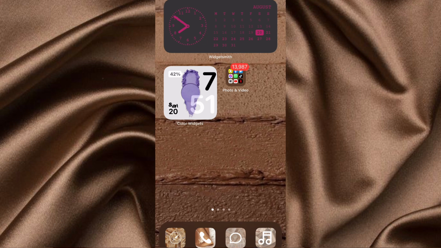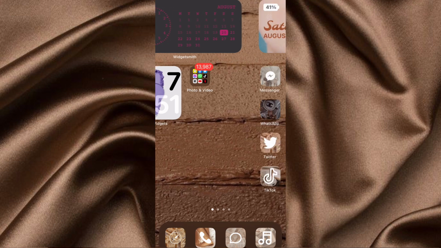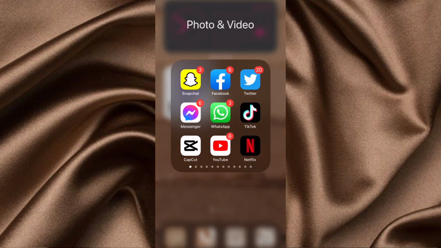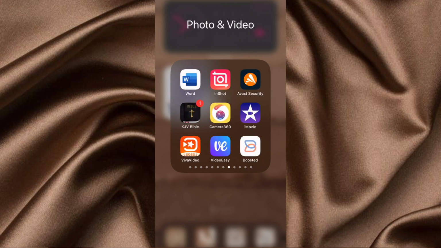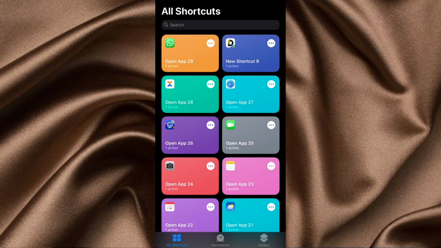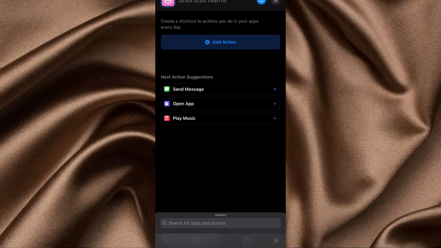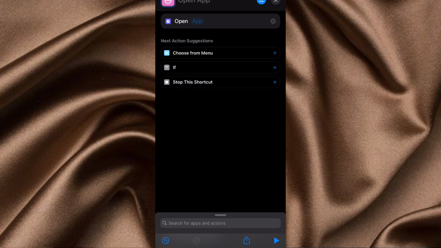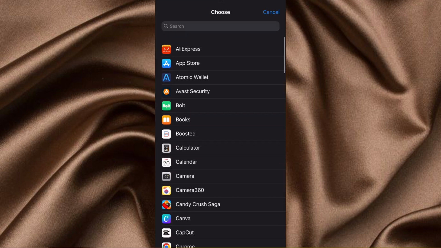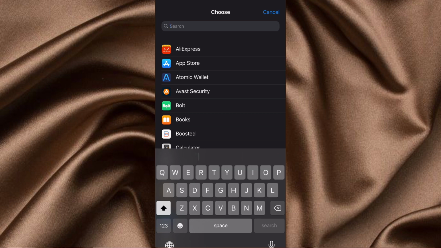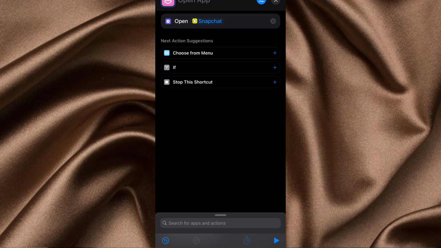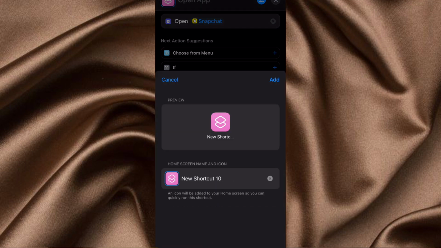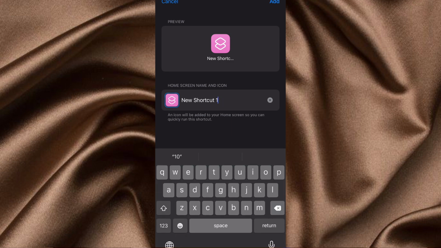So now the next thing we're going to do is start to change our icons. That's where we now have to go into shortcuts. So we'll look for shortcuts, go into shortcuts. Once you go into shortcuts, you press plus, add, then open app. Click here, app, select the app you're going for. Let's say I'm going for Snapchat. Click on Snapchat, then you press here, add to home screen, then you